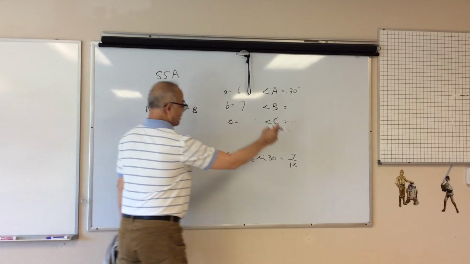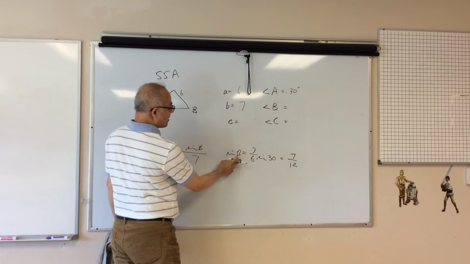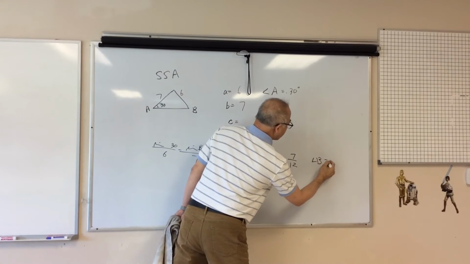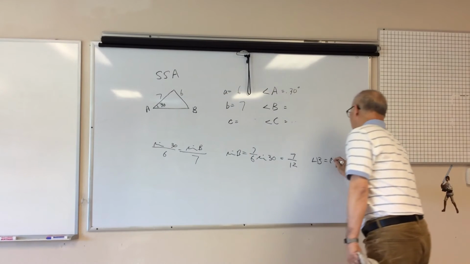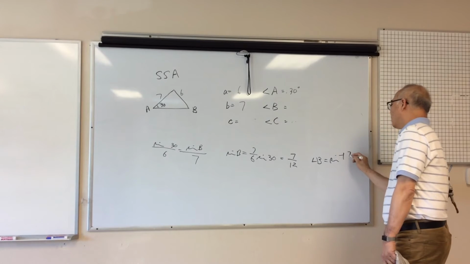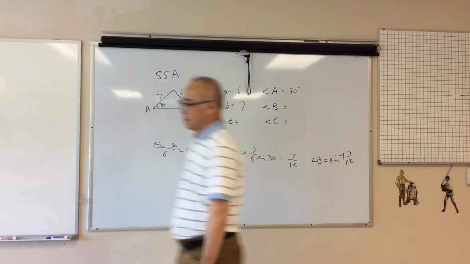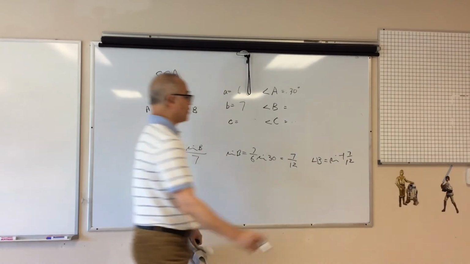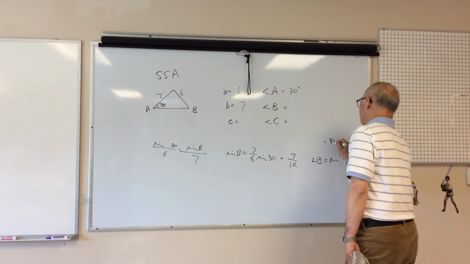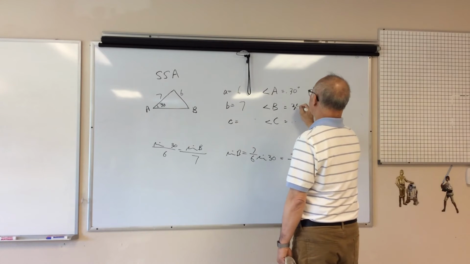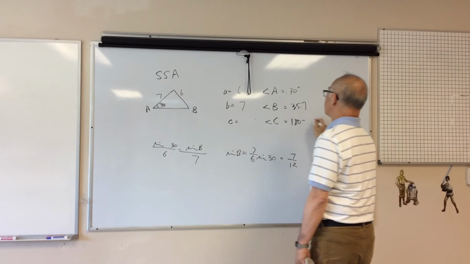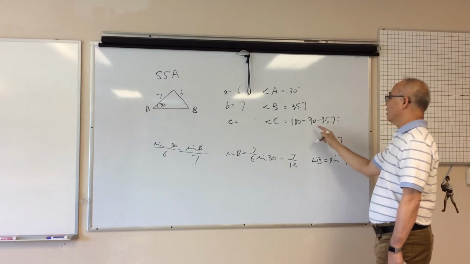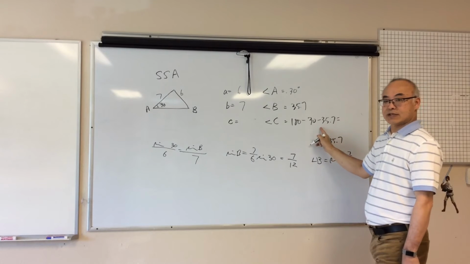So what I'm looking for, sine B is that, right? So the angle B, if I do, is going to be what? Arc sine of 7 over 12. Arc sine of 7 over 12 is 35.7, so this guy is 35.7. C is going to be 30 minus 35.7, 65.7,